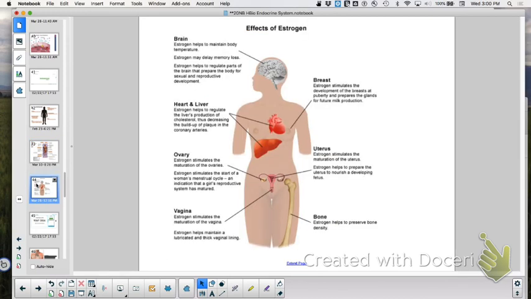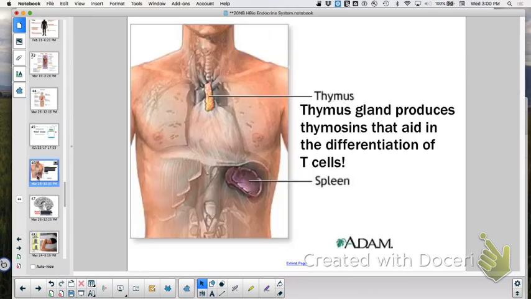Female estrogen and progesterone are the two classic ones. All of these are steroid hormones. All right. Thymus gland. Shrivelly as you get older, because the thymus gland, you already know, that's where what happens? T cells mature. T cells mature in the thymus gland. And the hormone is thymosin.